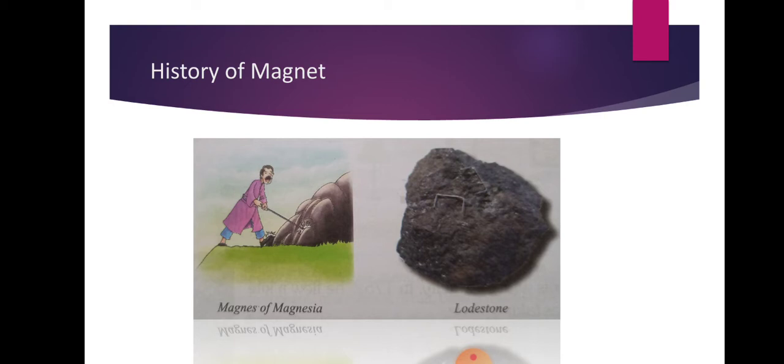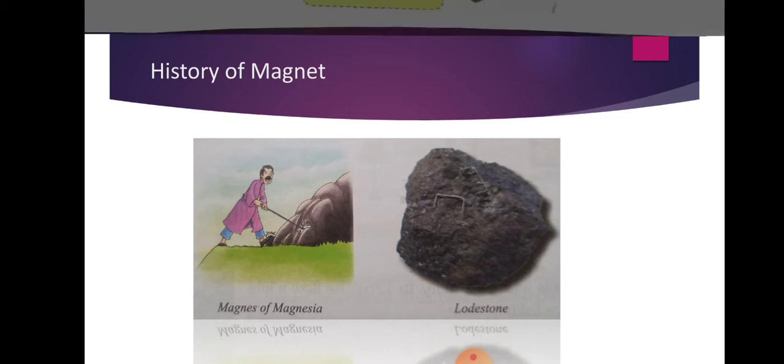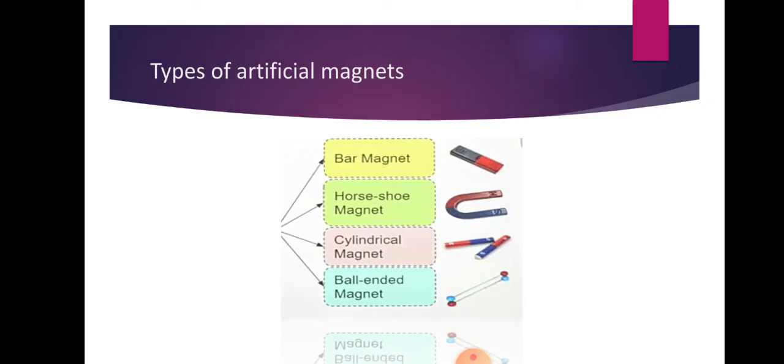Now what happened? When he dug it out, he found the black rock, and that black rock was termed magnetite, and that magnetite is the natural magnet. It's also known as lodestone. So that is how the magnet is said to have been discovered. This was about the natural magnet. Now artificially the magnets are prepared from iron, and these are in various shapes like bar magnet, horseshoe magnet, cylindrical magnet and ball magnet. The shape of all of these can be viewed here.